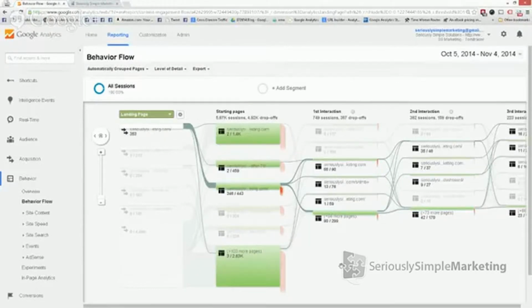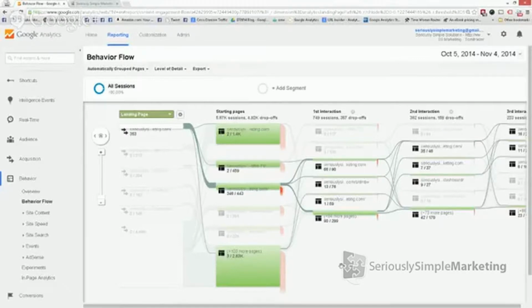They went to the cart maybe because if you're an e-commerce site, they wanted to check out shipping because you didn't have enough shipping described on the actual sales page or on the product page. And so they went to the cart to figure out what shipping would be and went, okay, and then I want to go back to the product. And now that I know that, maybe that's something you put on the product page that'll keep that from happening and can also maybe pre-frame a better cart experience.